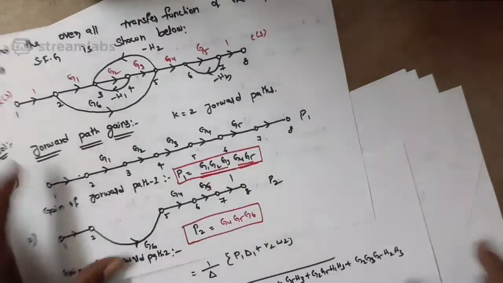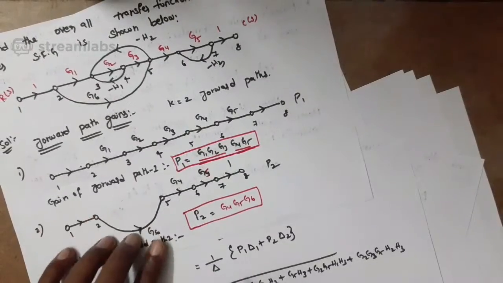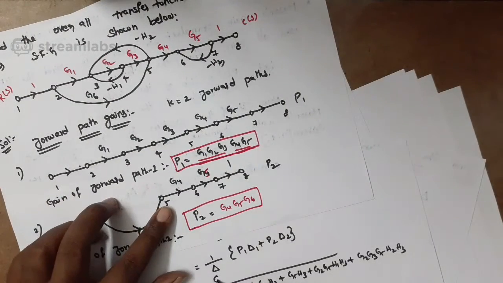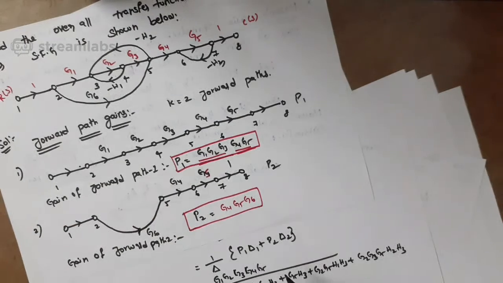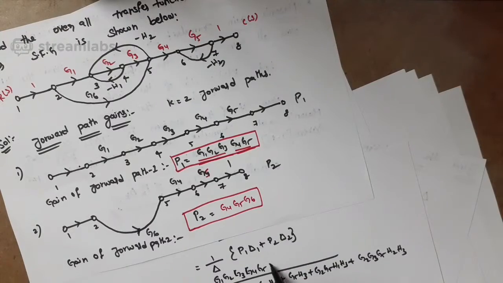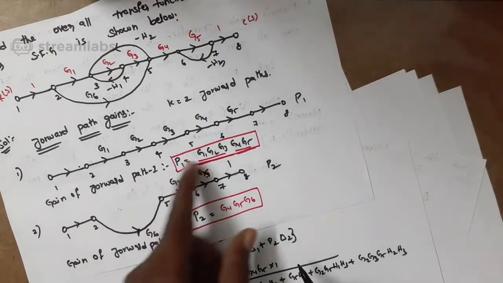See here, so that is equal to P1 delta 1. So P1 is equal to G1 G2 G3 G4 G5, the forward path, and delta 1 is 1. Why? Because all the nodes are touching, so delta 1 is 1. So that's why we can write like this,